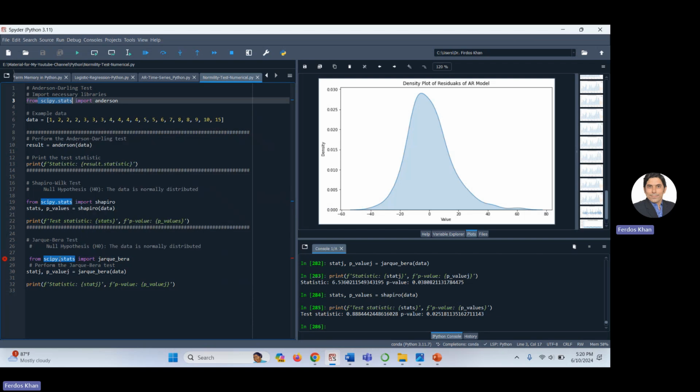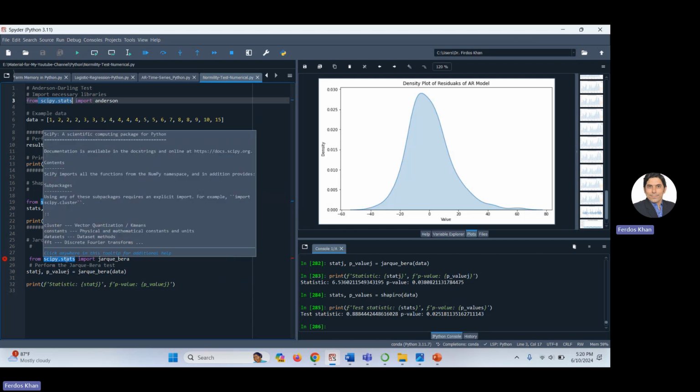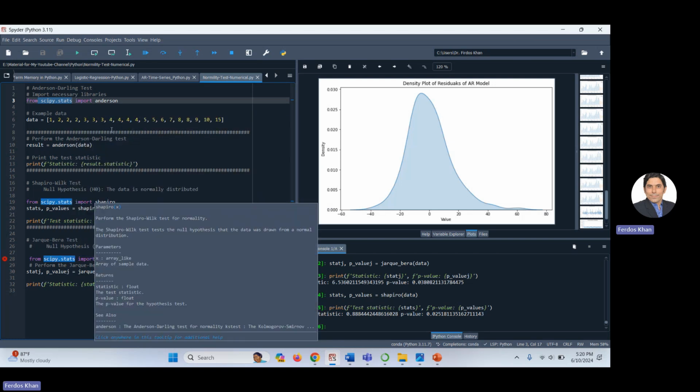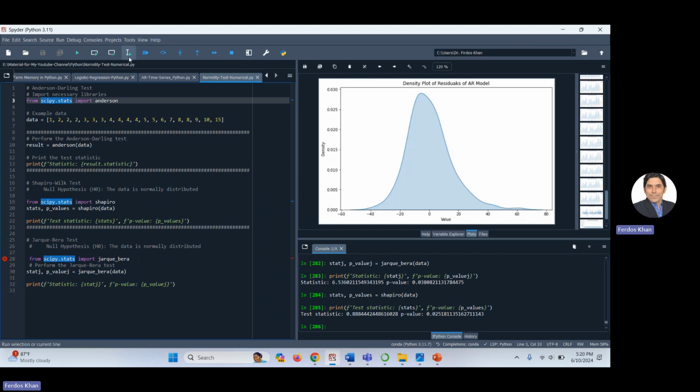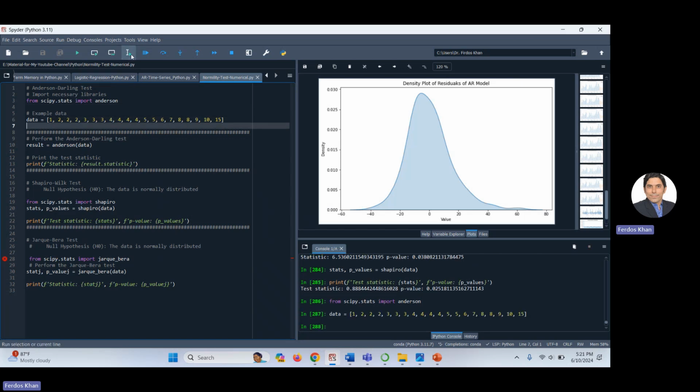So you import Jarque-Bera, Shapiro, and Anderson. Do this first, otherwise the command will not work. And then you just need the data, which I have just for explaining these tests, and then you can apply